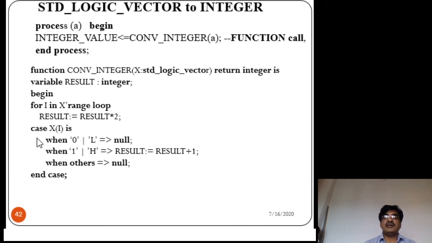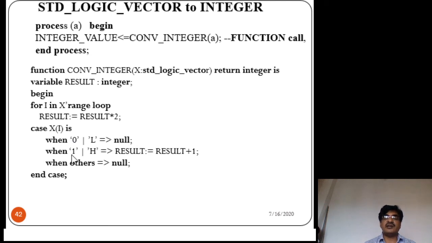Okay, then case x of I is 0. X of I means, suppose, the 0th bit. The 0 position bit of x is what we are going to check. When 0, suppose it is 0, don't do anything. Null means don't do anything.